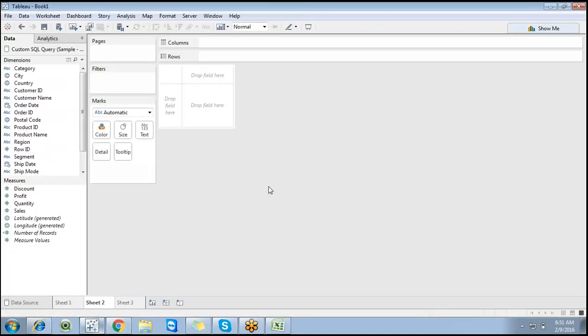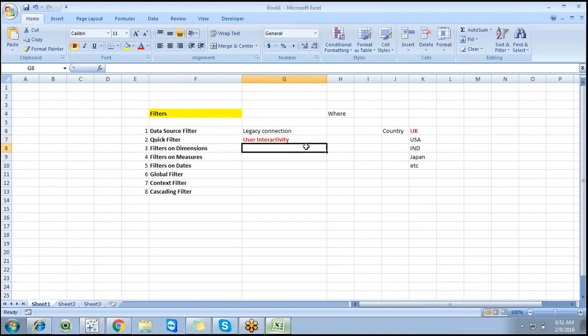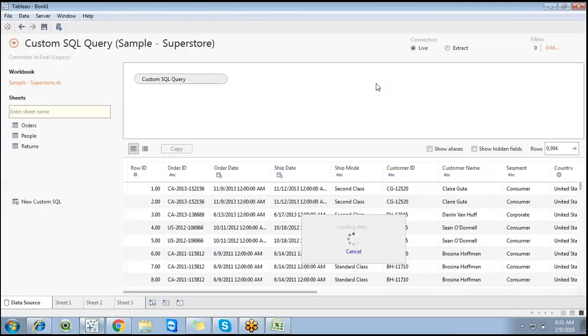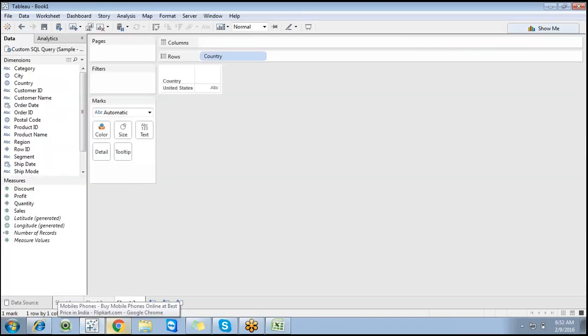Similar to that, I want to showcase a simple filter. I want to interact with this particular dashboard. That is called user interactivity. A user can interact with this dashboard, but normally at the data source level, a user cannot go for a data source level filter. There is no edit option for users to drag and drop all these dimensions. At the end of the day, we are going to showcase only simple reports here.